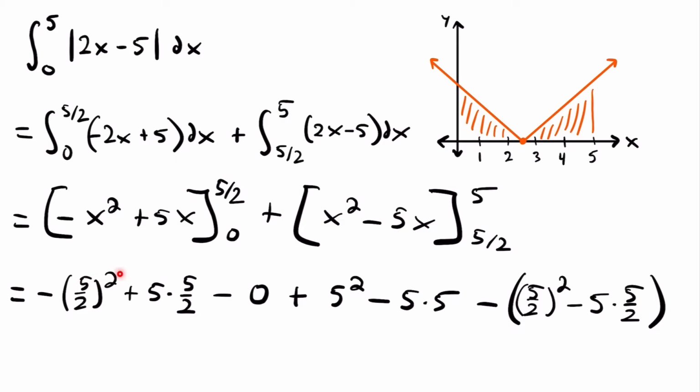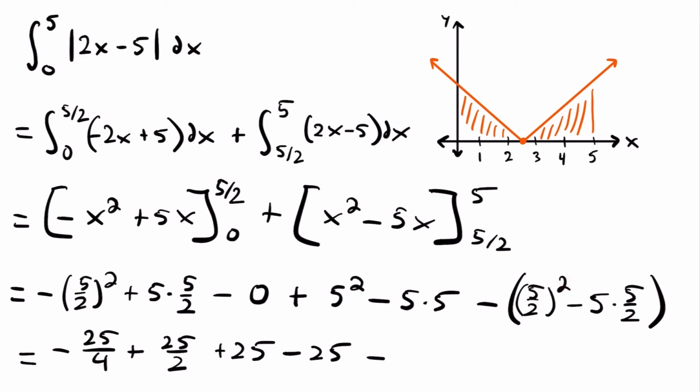All right, and so then 5 squared is 25, and 2 squared is 4, so we will have that this is equal to negative 25 fourths, plus 5 times 5 halves will be 25 halves, and then we don't need to write that minus 0. That's not going to affect this value. But then we'll have plus 5 squared, which is 25. So we'll have plus 25. And then we have minus 5 times 5. So we'll have minus 25. And then we will subtract 5 halves squared, which will be 25 fourths, minus 5 times 5 halves, which will